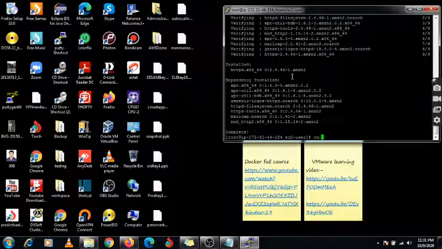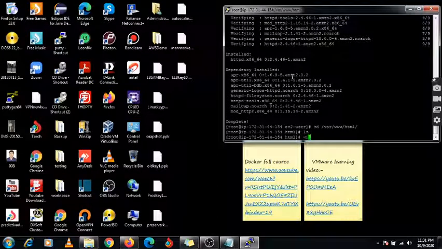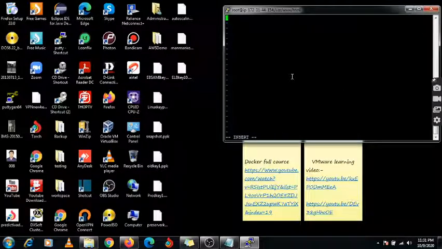Go to /var/www/html. There is no file, so we are creating index.html, and here I am going to write, suppose, server 1. Then save with wq.